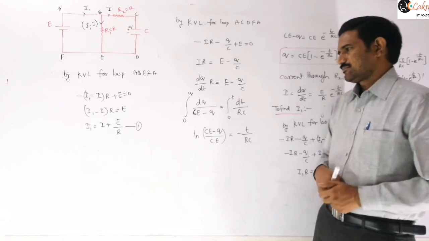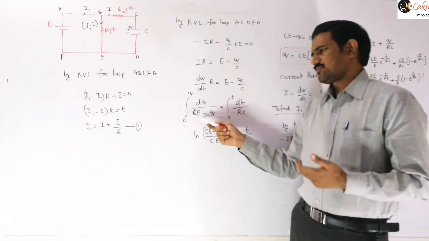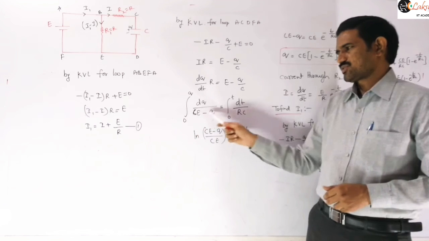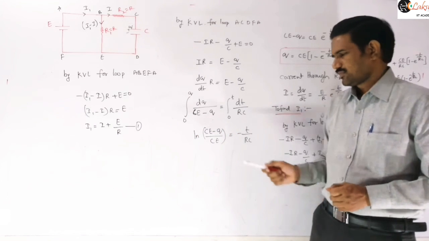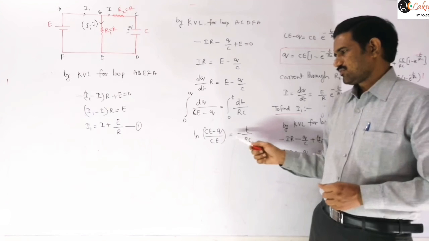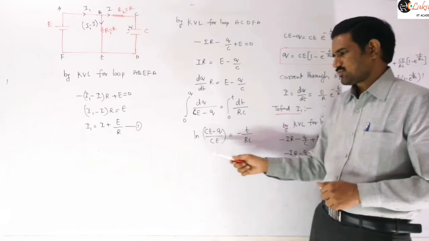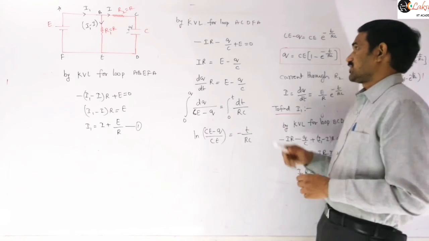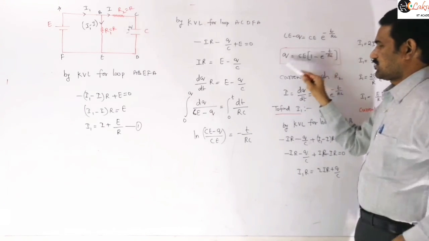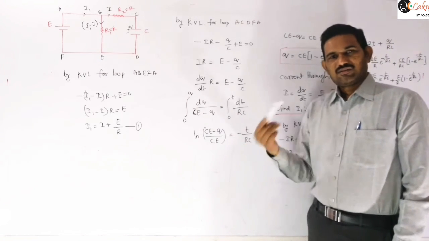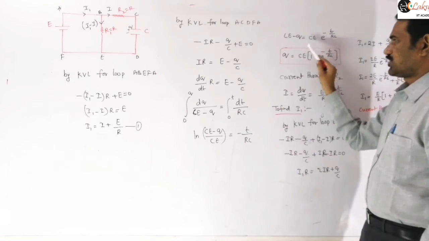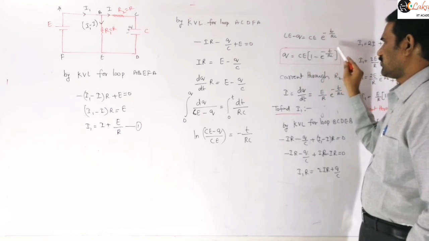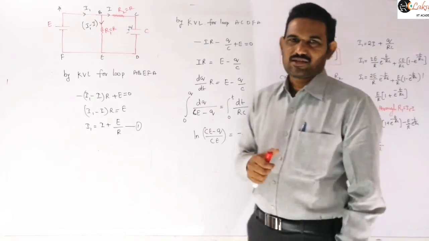And so then ln, you can write this directly. I am substituting the integration and then substituting the limits. So CE minus Q by... initially if you substitute 0 as the lower limit, then you will get CE. And the negative sign you will get here, because the coefficient is minus 1, so by minus 1 you will get that minus 1, I am writing this directly. And then, by rearranging the terms, that means converting this logarithmic form into exponential form, I am writing Q is equal to CE of 1 minus e power minus T by RC.